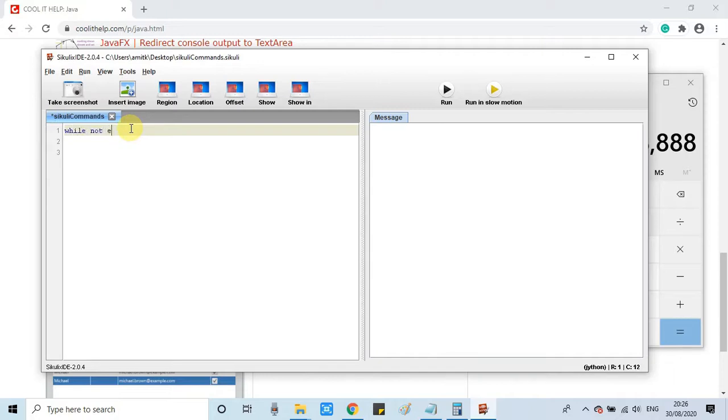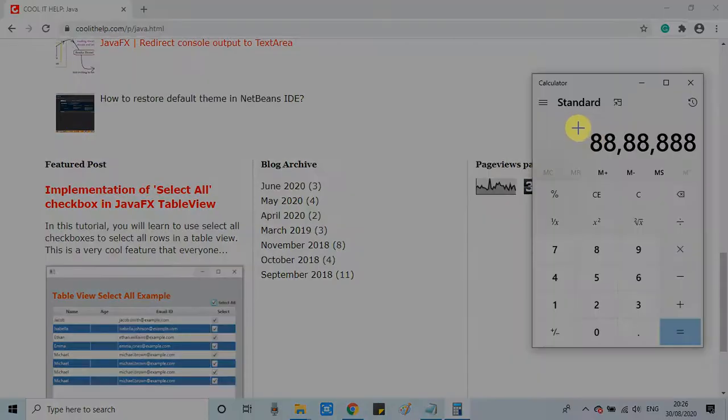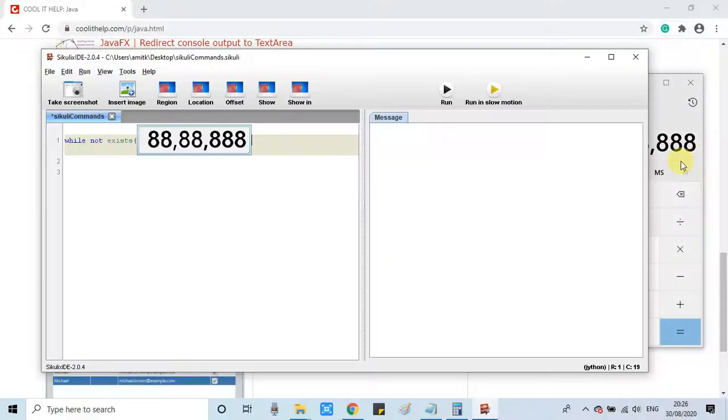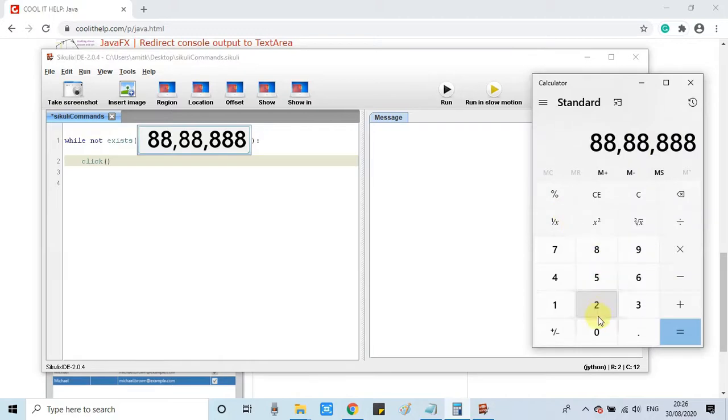So the syntax will go like this: while not exists. So I am putting a negative case. I'm using a while loop. I want some certain situation to occur, then break the while loop. So if we find this number in the calculator, then we break our while loop.